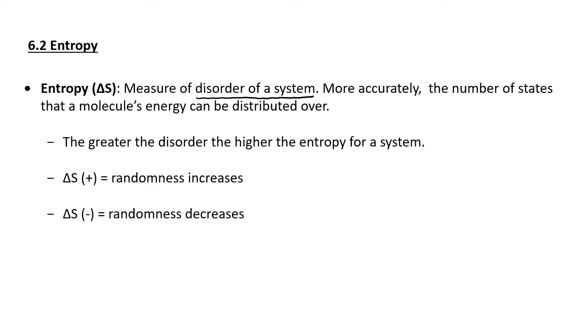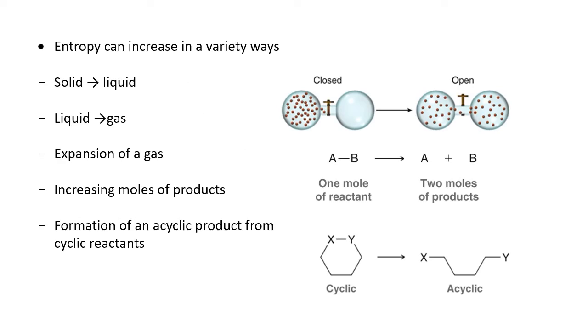It's somewhat of an abstract concept. So when delta S has a positive value, that means that the disorder or randomness of the system increases. When delta S is negative, your disorder goes down or the randomness decreases. There are several ways that entropy can change for physical and chemical processes. Let's look at the ways that entropy, or delta S value,